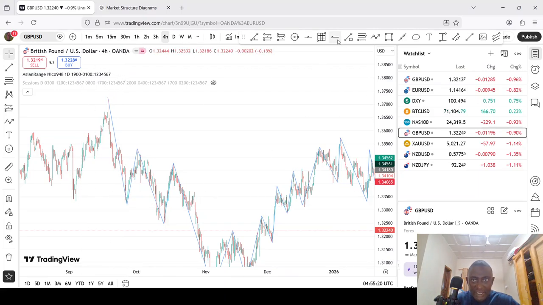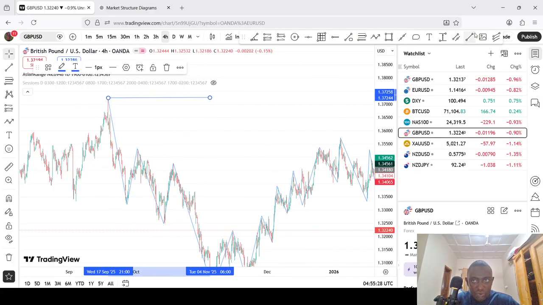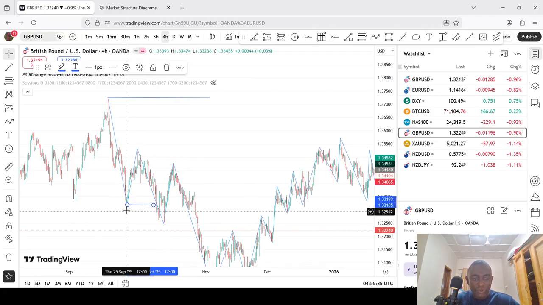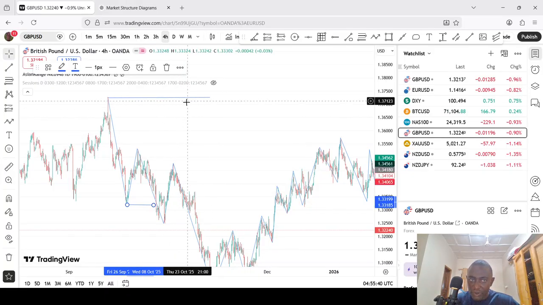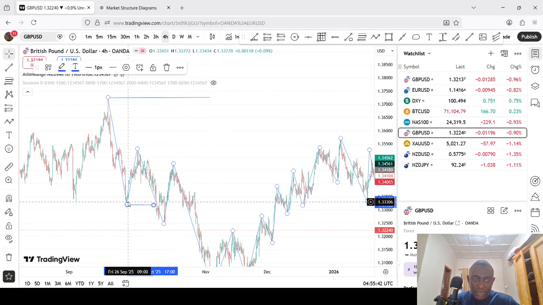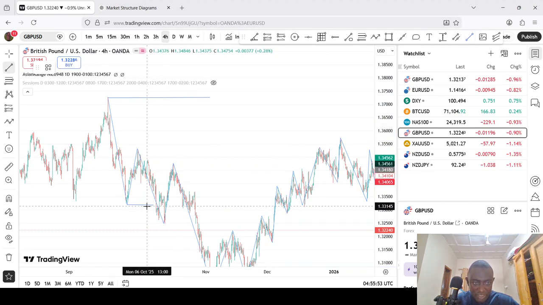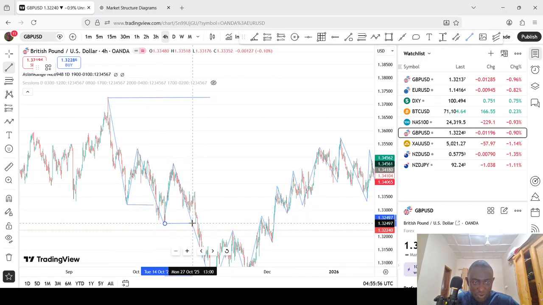Which means in between these levels, when there is a pullback, price will act between those two price zones. So this was the last low that was made and the last high. And when price was coming, we are not expecting it to go above this. We will want it to at least respect it. So when price was coming around this zone, it took price from here just to break this level to this level, and it made a new low, meaning